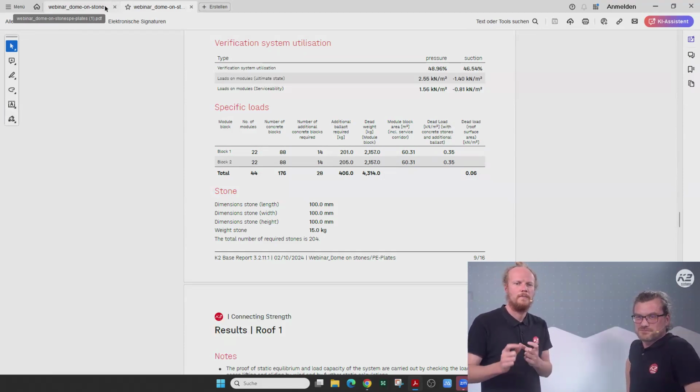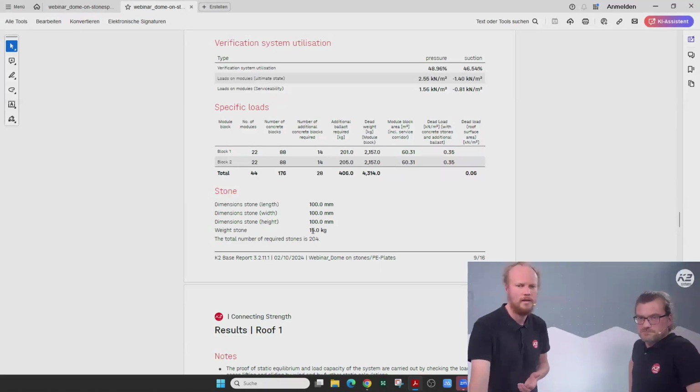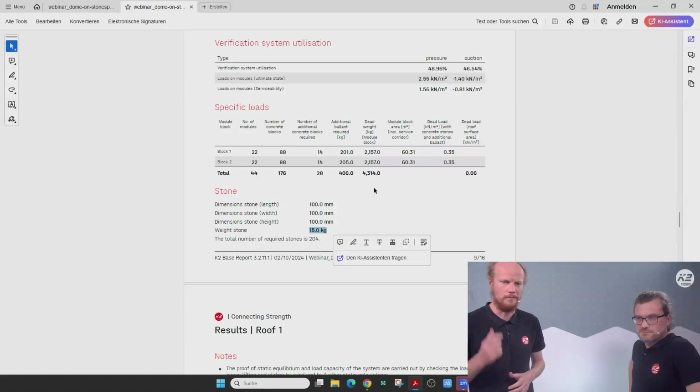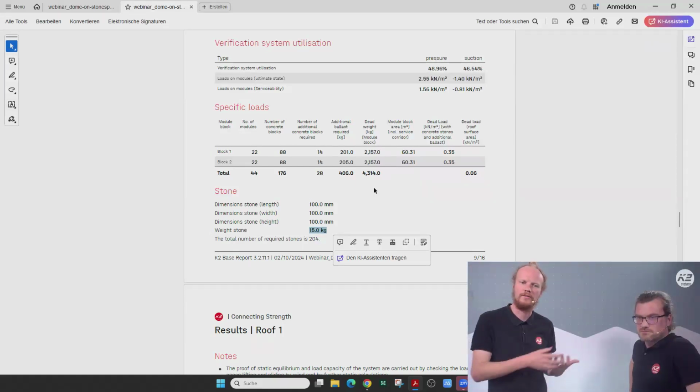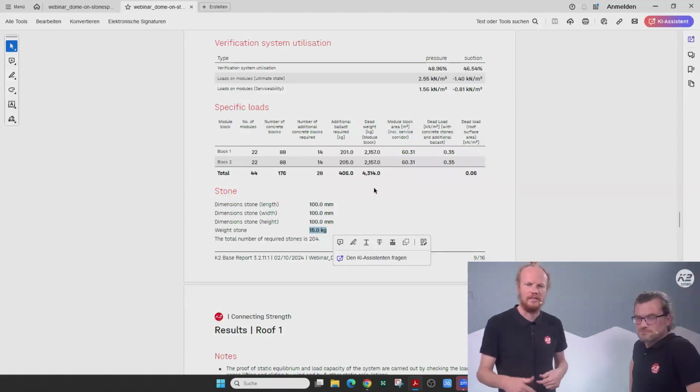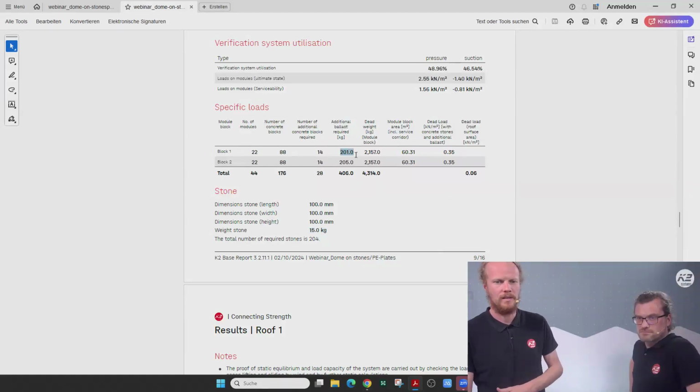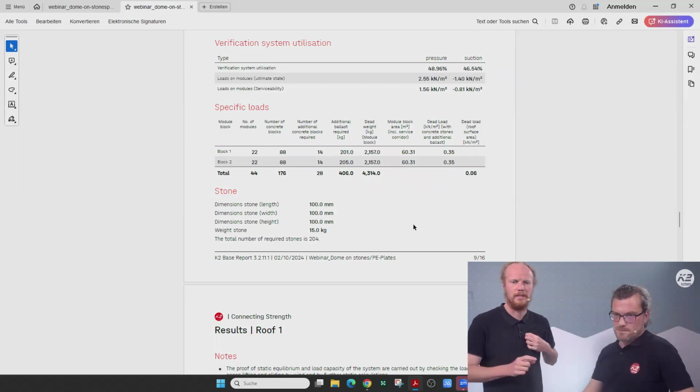So just be careful of what you're going to look at in terms of if you're going to add the extra blocks or if you're going to add the extra kilos. So maybe you've bought 15 kilo stones as we've shown here. And then maybe we're going to buy a 5 kilo stone as an extra stone. Or maybe we're going to use it as a 15 kilo stone. And depending on how you achieve this extra ballast, it might have a bit of an impact on these values. So this table is pretty